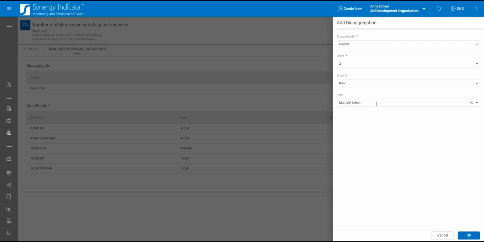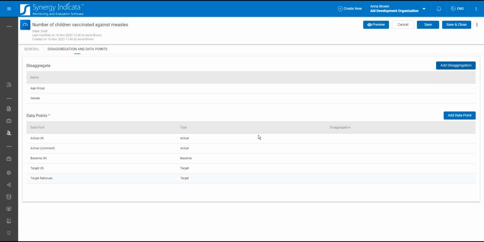Another valuable feature is the ability to define filtering options for the IPTT. You can choose not to enable any filtering, enable filtering but allow selecting one filtering category, or allow selecting multiple categories. In the next step, we'll need to apply the selected disaggregation to our target and actual data points to